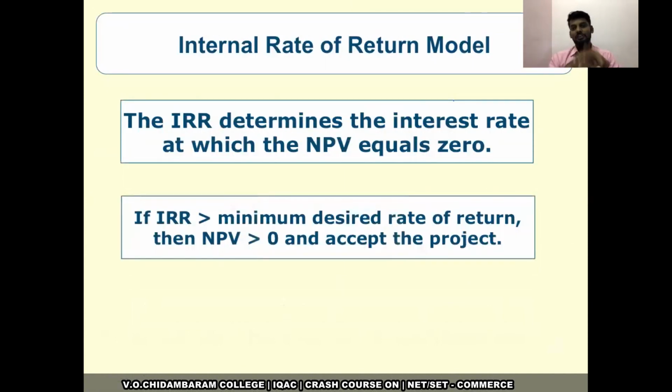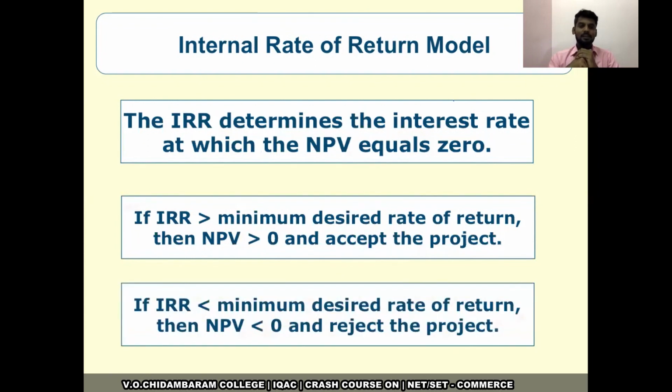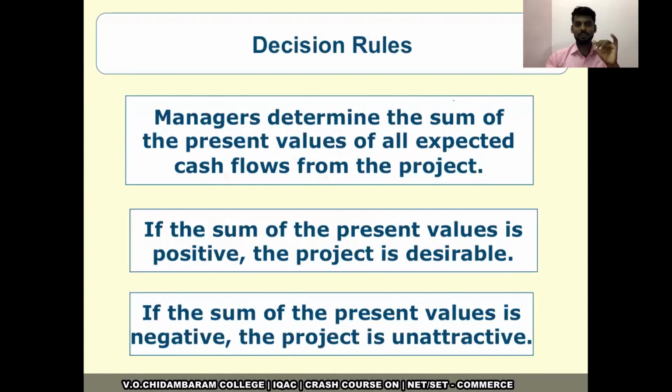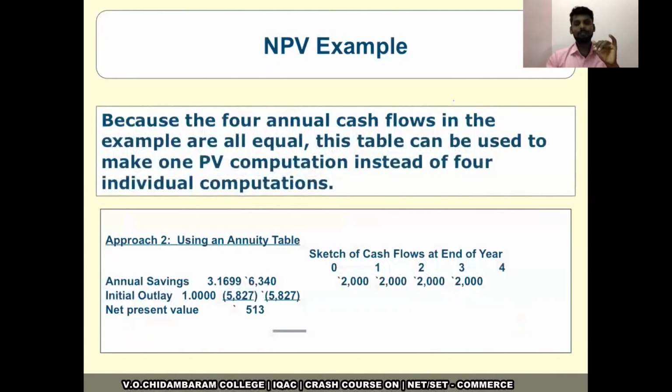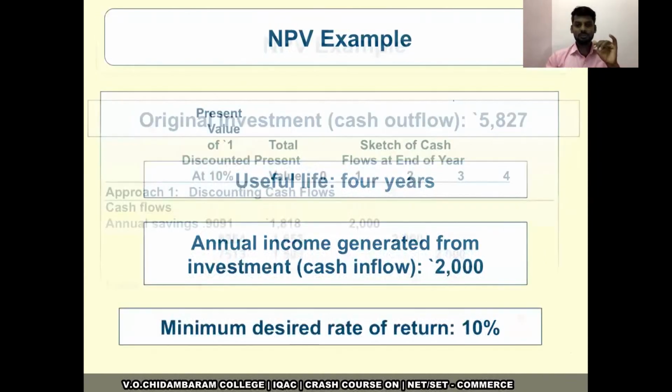Then the internal rate of return, the second important method. Internal rate of return determines the interest rate at which the NPV is equal to 0. Now my question is, if my NPV is equal to 0, what does it mean? It means that the sum of present values is equal to the initial investment. Is that right? Let me show you an example. If NPV is equal to 0, it means